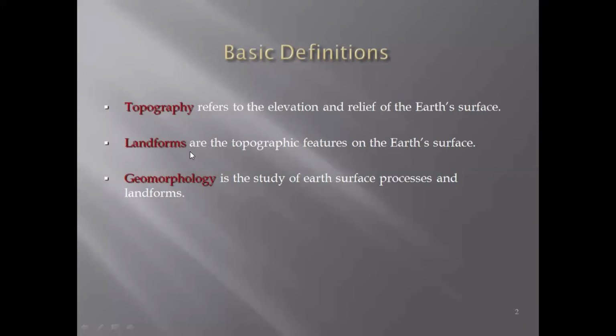However, the landforms are the result of these topographic features, and they guide you about the general geology and the stratigraphy of the area. And geomorphology, as we said, is the study of Earth's surface processes and landforms. Combined, how these landforms are formed and how they look like is the study we call geomorphology.